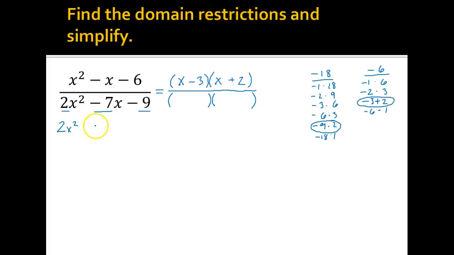Really, we're undoing the FOIL method, if you want to think of it that way. So I'm going to say, just because it'll look neater, plus 2x and minus 9x. I got that positive 2 and negative 9 from my factor pairs. They add up to negative 7, and then bring down the minus 9. Okay, so now I have a 4-term polynomial,